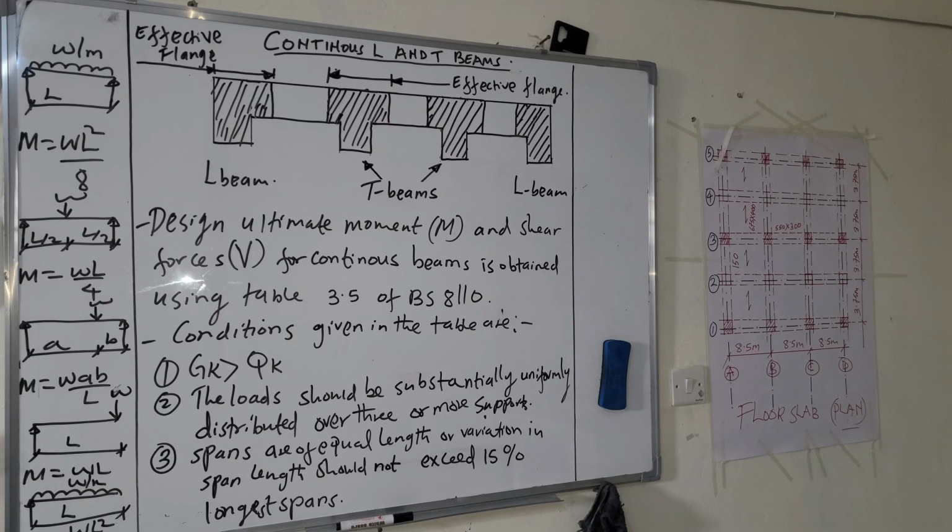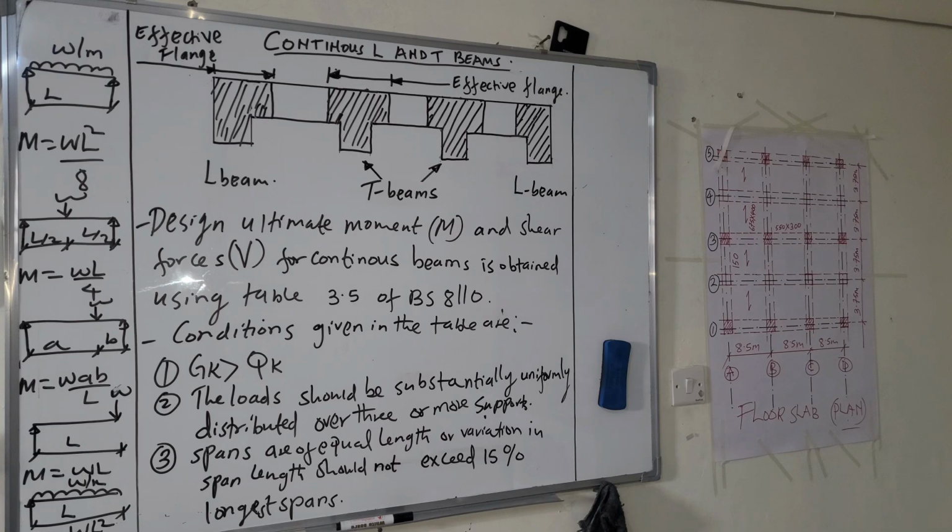As you can see, here we have 1, 2, 3, 4 supports. So we have more than 2 supports. The last condition: spans are equal lengths, or variation in span length should not exceed 15% of the longest span. As you can see, these are the spans: 8.5, 8.5, 8.5, 3.75, 3.75, etc. So those are the conditions